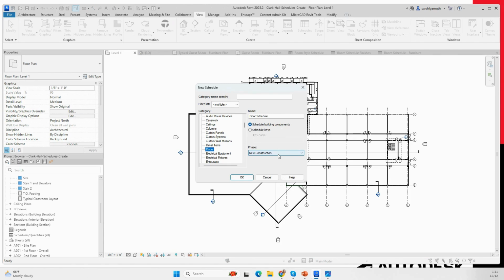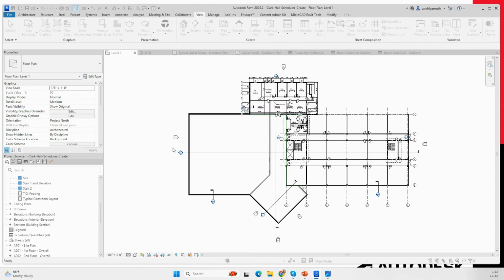So you can have a schedule that is on the new construction phase or on an existing phase, and you can schedule elements that are on the existing phase. This project in particular only has those two phases, so I don't have any more phases, but it will reflect all the phases that you would have. So once I click OK here,